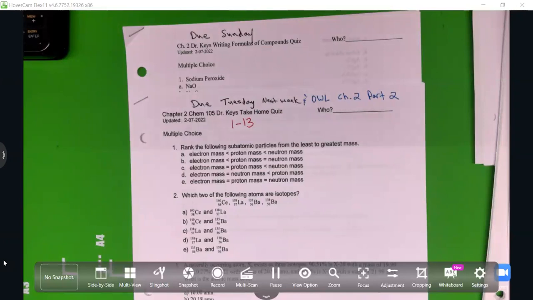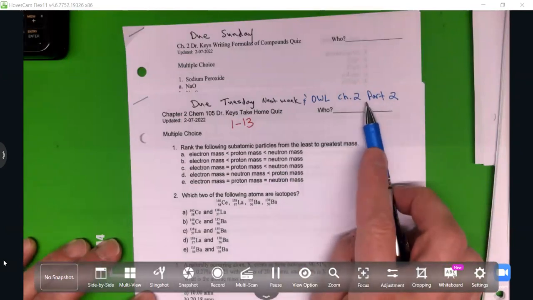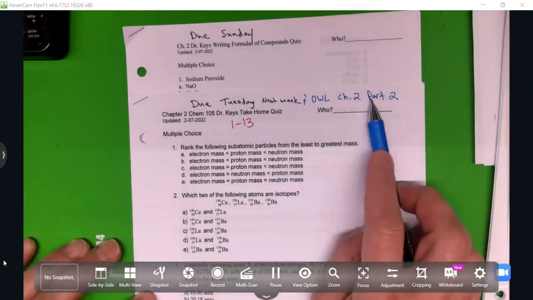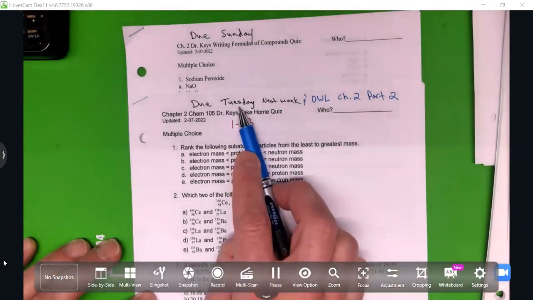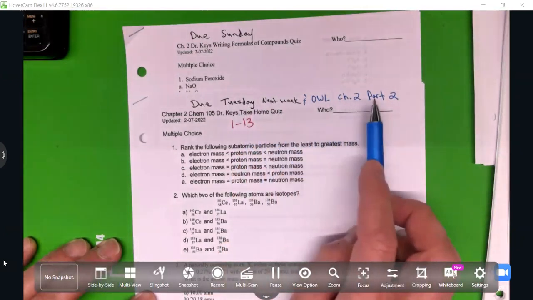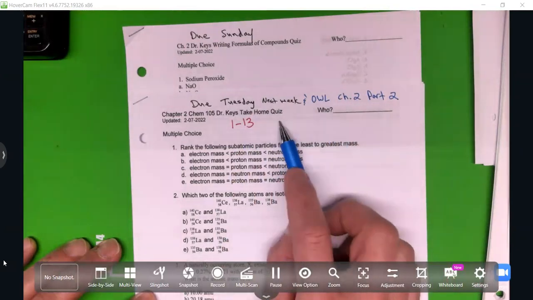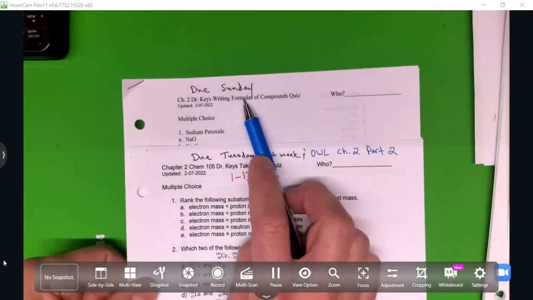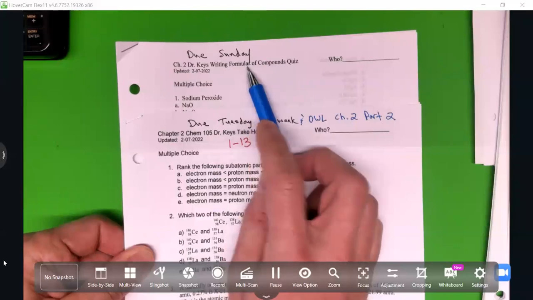Okay, I modified some due dates right before class. We should be done covering this on Friday. So I moved the due date, I took it away from Sunday night and I put it on Tuesday. So that would be this quiz in OWL chapter 2, part 2. Like I said, we should be done Friday, I'm hoping. This I put on Sunday midnight, I think it is. So with that,